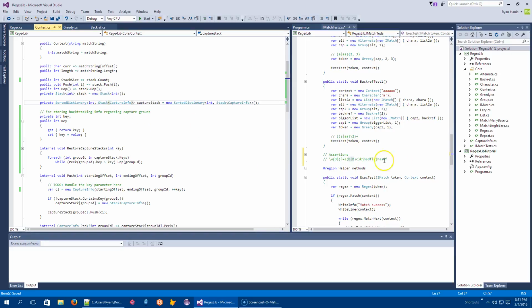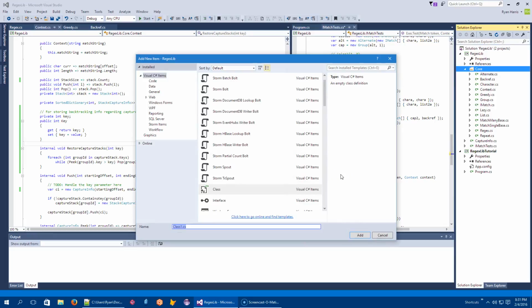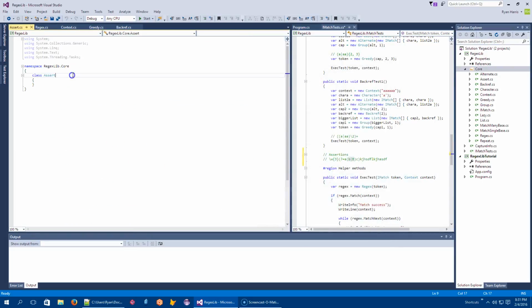All right, so now that we've put some of this framework in place, let's go and actually add our new class. And this guy is going to be called assert. This assertion is going to simply assert a single token, and that's going to come into my assertion. So this is going to be a subclass of match single base.